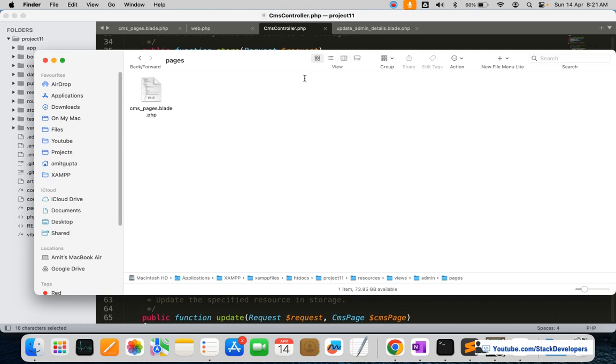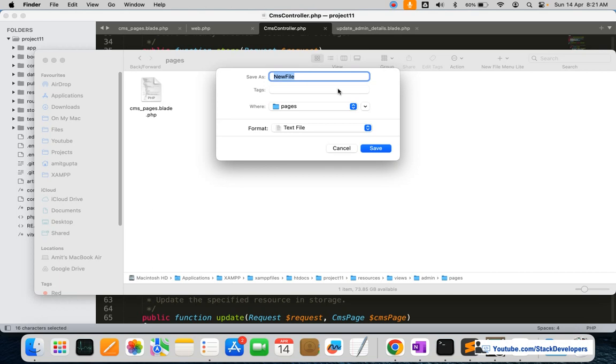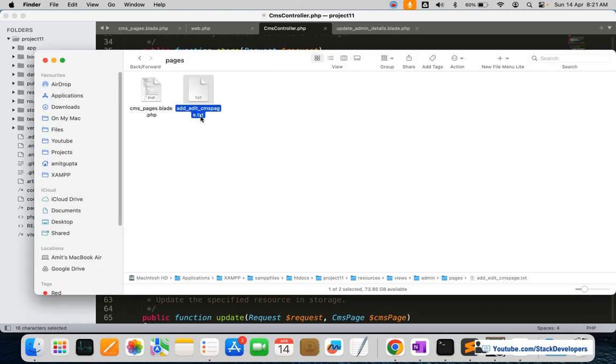I'm going to create this new file here inside this pages folder, with the name add edit cms page. Okay, so the file has been created. I'm going to rename this file to